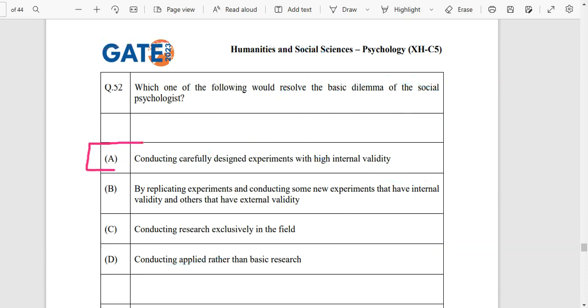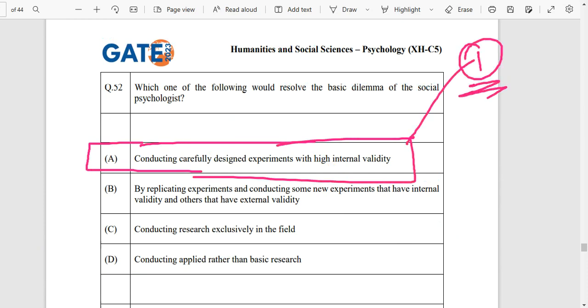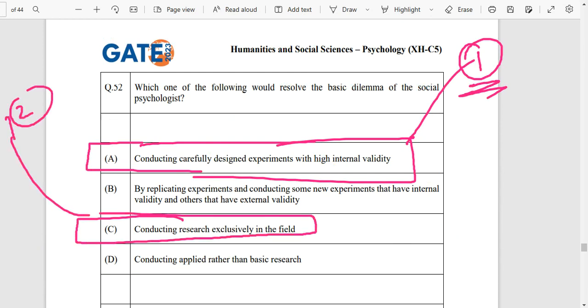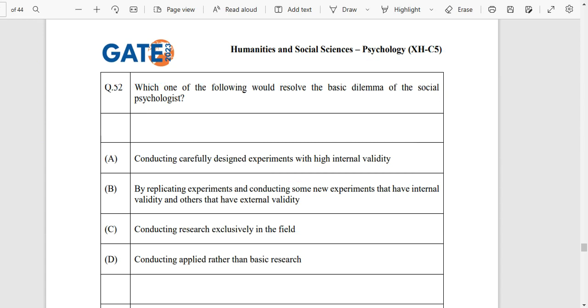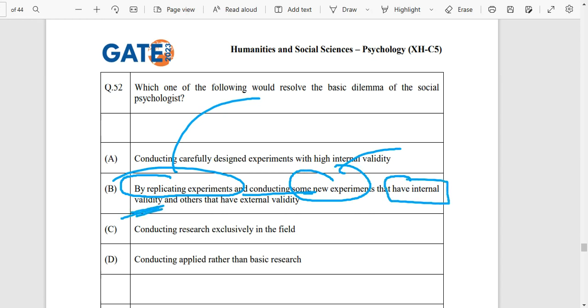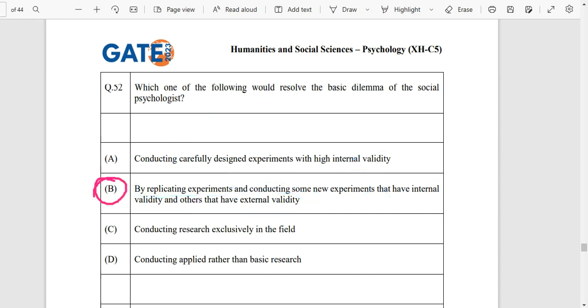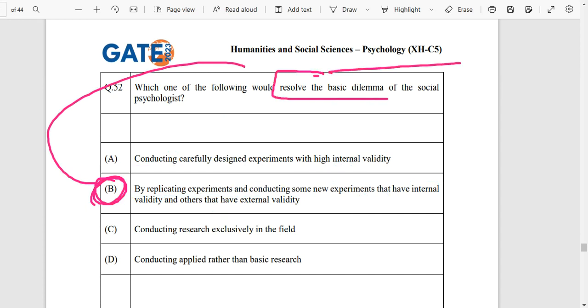So we will look at option A, conducting carefully designed experiments with high internal validity. This is case 1 explained over here. Conducting research exclusively in the field is case number 2. Both 1 and 2 combined will solve the basic dilemma of the social psychologist. They will replicate experiments, and by replicating experiments and conducting some new experiments that have internal validity and others that have external validity, in option B only will they be able to resolve the basic dilemma of